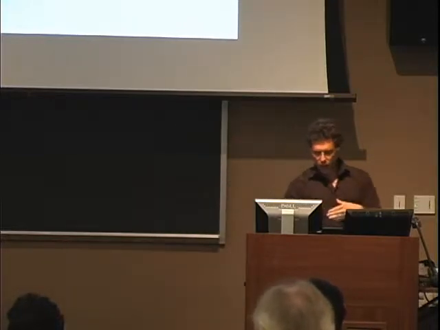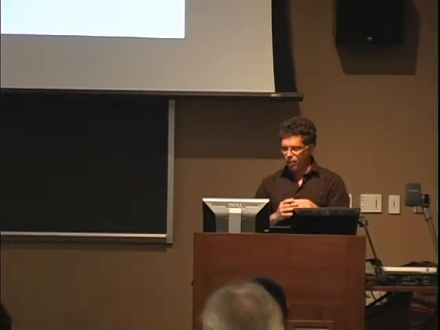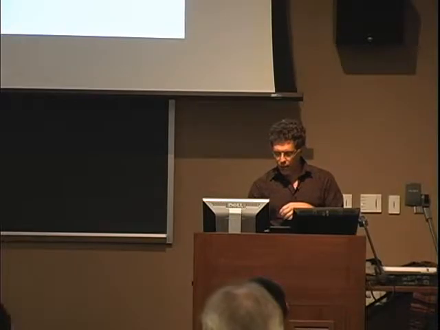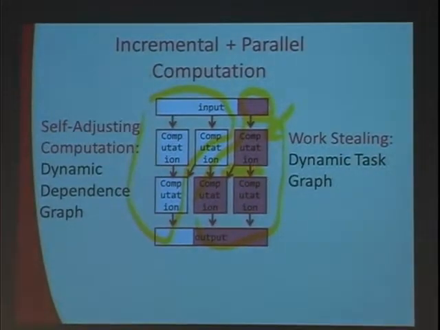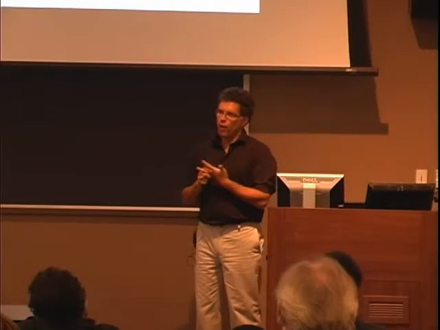So in this particular case, the change to the input requires that I recompute this upper right task, which flows to these other 2 tasks. But what's important is that this other part is unaffected by the change. And so those tasks represent potentials for reuse. And there's a body of work started around 10 years ago by Umut Acar, who's now at MPI, called self-adjusting computation.